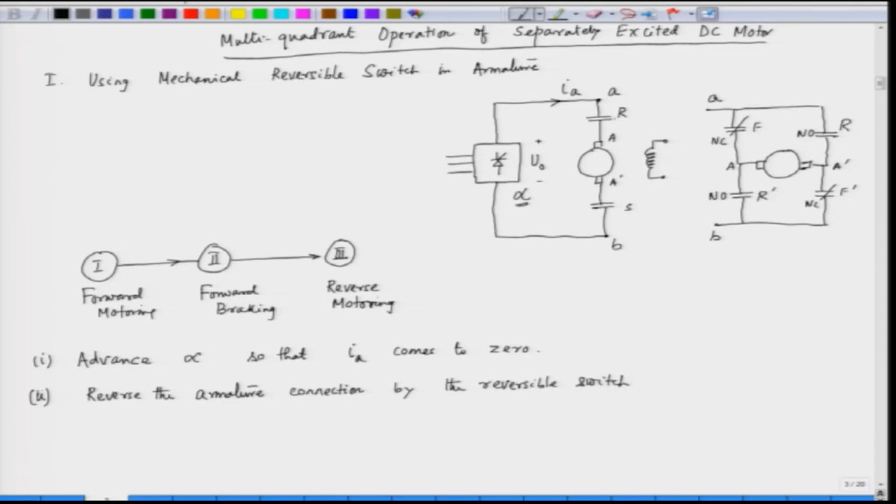So, the armature connection is reversed by using this reversible switch, and then the third step, the armature connection is reversed, and then start alpha